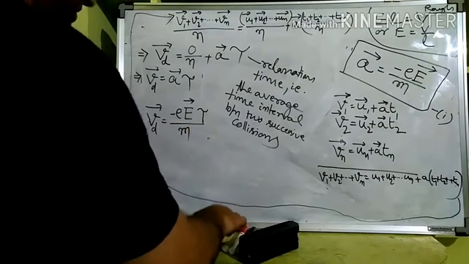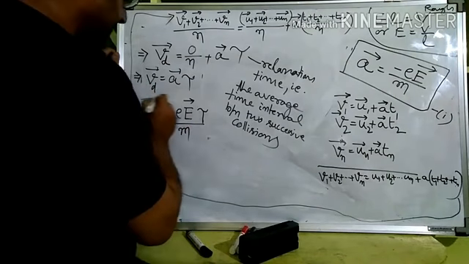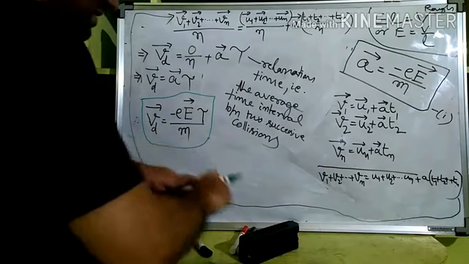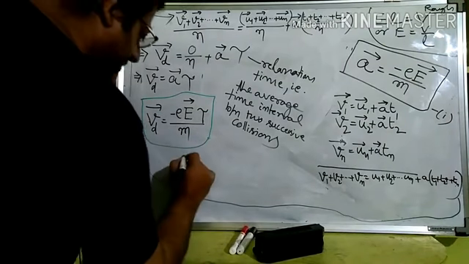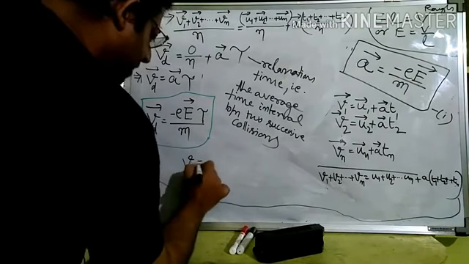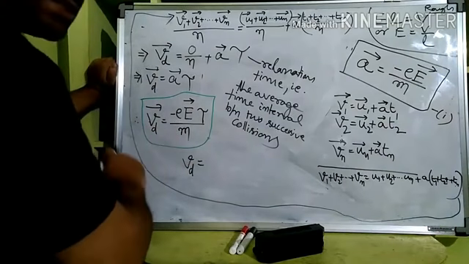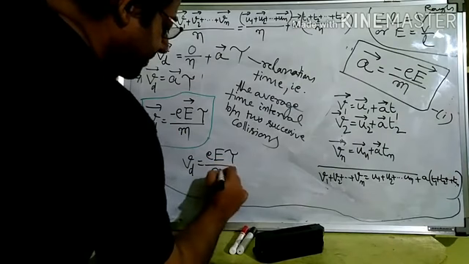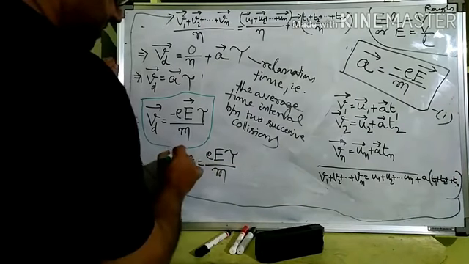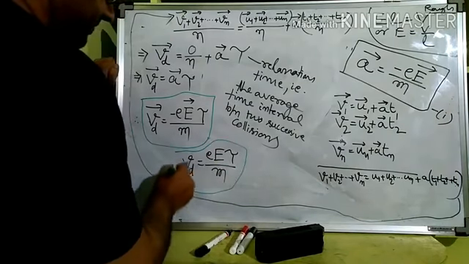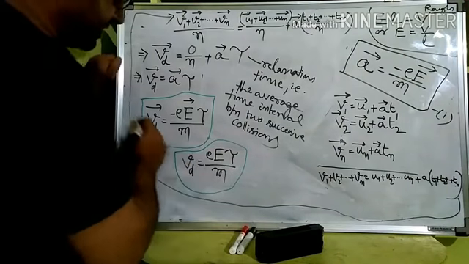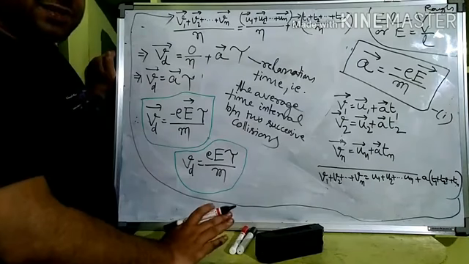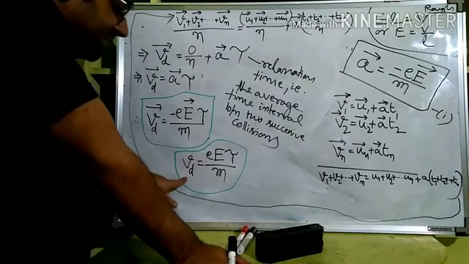So this is what we finally derived. This is also written as: drift velocity or drift speed is equal to, we need not consider the sign in scalar form, simply eτ/m. This is called drift velocity. This is called drift speed, the magnitude part of this. Is it clear? So by drift speed, what did we get?